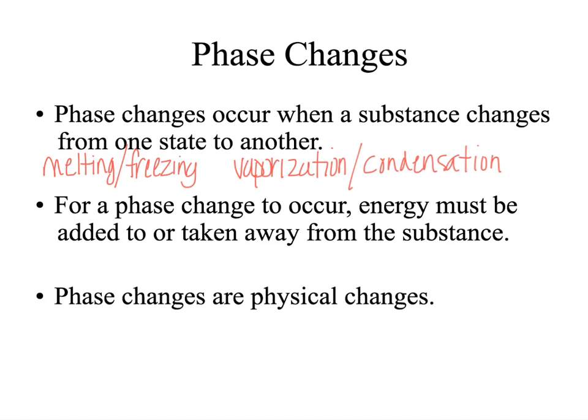All right, let's do the last part of the notes for phase changes. Phase changes occur when a substance changes from one state to another. So we're talking about things like melting, freezing, vaporization, condensation. There's also sublimation and deposition, but we won't be doing that as much because we're going to be calculating the